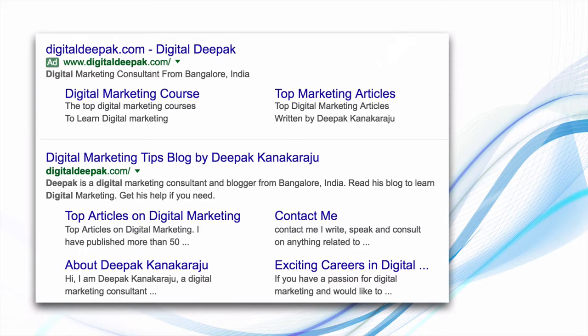Here you can see 4 site links. These site links are automatically generated by Google and it is not in our control. When it comes to AdWords, it is in our control. To remove organic search results site links, you can remove them using Search Console, but you cannot add them manually. Google will automatically look at your website. They will see what the top pages are and they will add them as site links extensions automatically. This is for organic search results. For paid search results, you can add them manually. I will show you live inside my AdWords account how to add these site links manually.